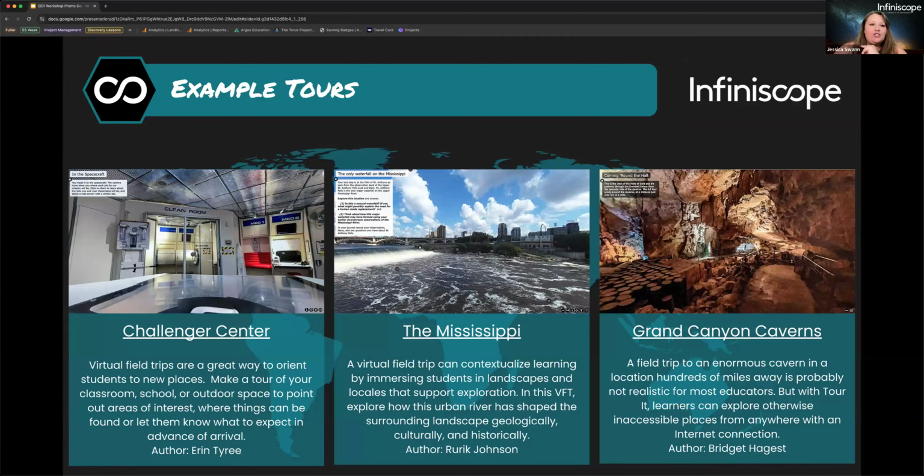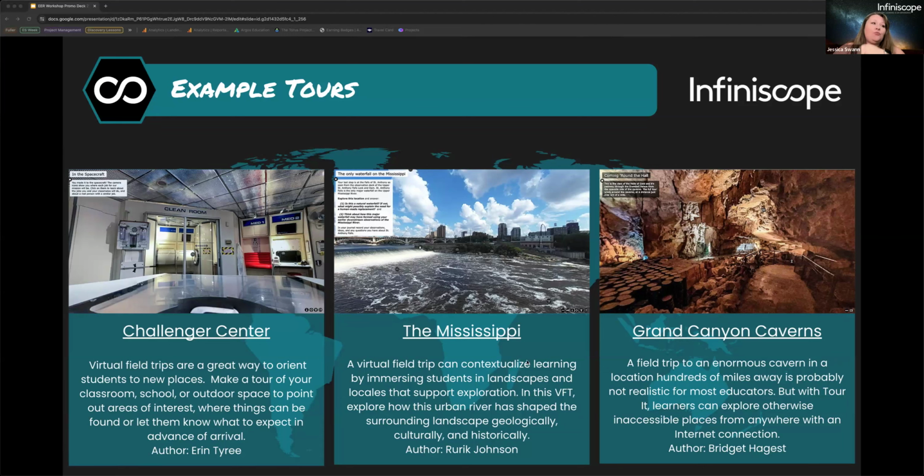So what I want to do real quick is share a handful of tours with you that you all can kind of tinker with and get a sense of the types of things that can be created. Here you'll see a smattering. We have something from the Challenger Center. You can go through the Challenger Center, see how it is organized, how it's set up. It's kind of like an orientation. These are really great to prepare your students or a field trip group before you actually go on site somewhere. A lot of times it helps to reduce anxiety of the participants when they attend.